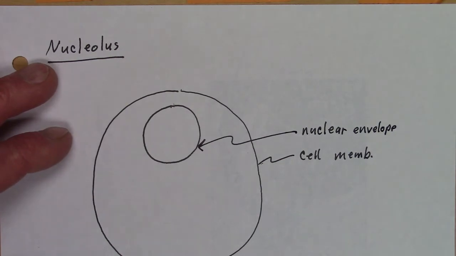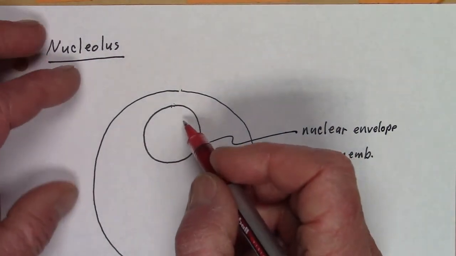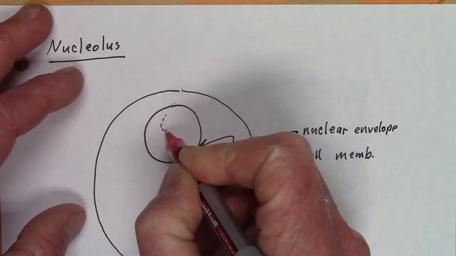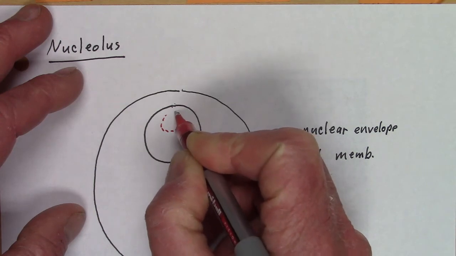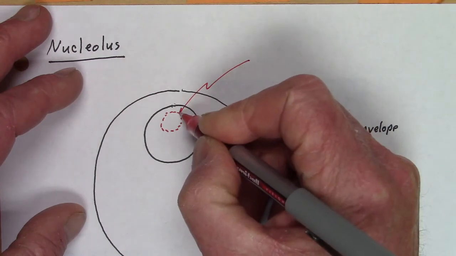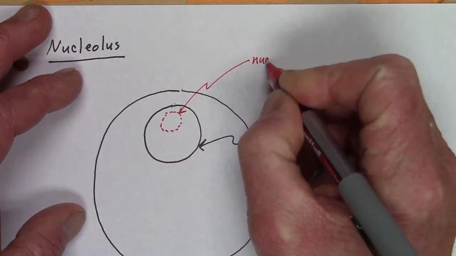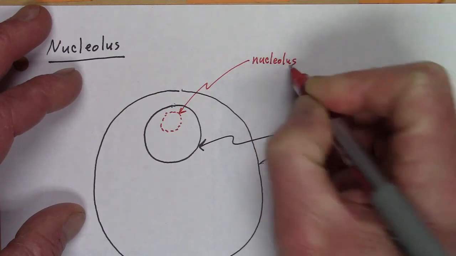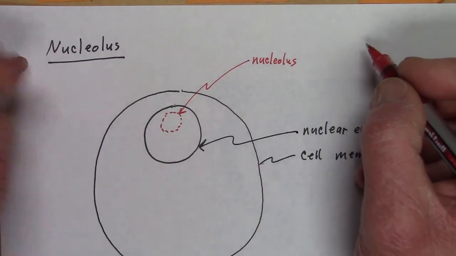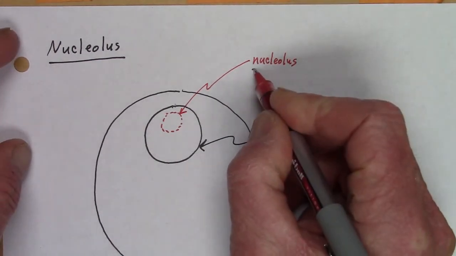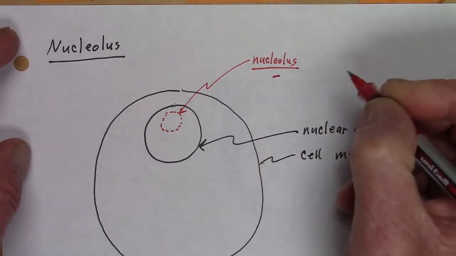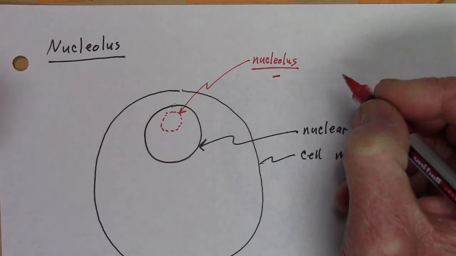Okay, and the nucleolus is inside the nucleus. It's sort of a poorly defined area. It may stain a little darker, but I'll just represent this area within the nucleus as the nucleolus. And there's no membrane going around it. What you need to remember about the nucleolus is that this is the site where ribosome subunits are built or